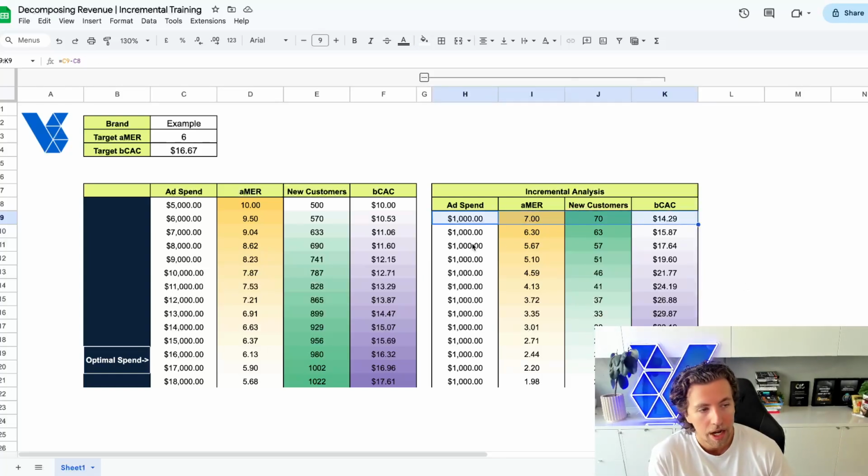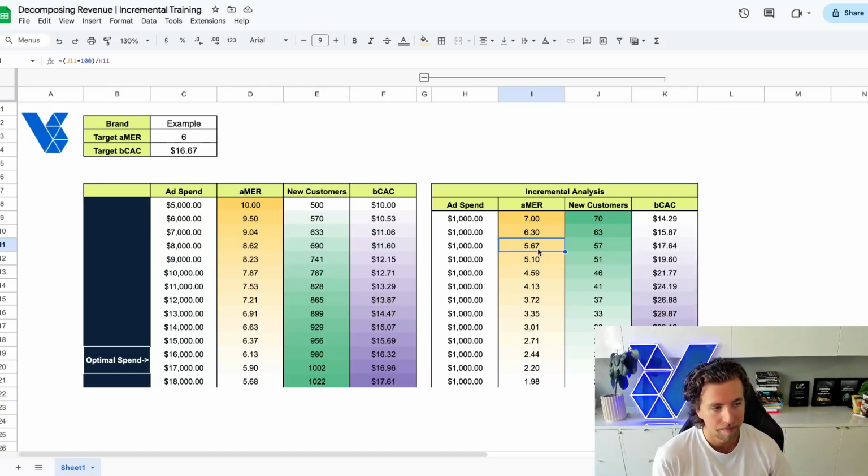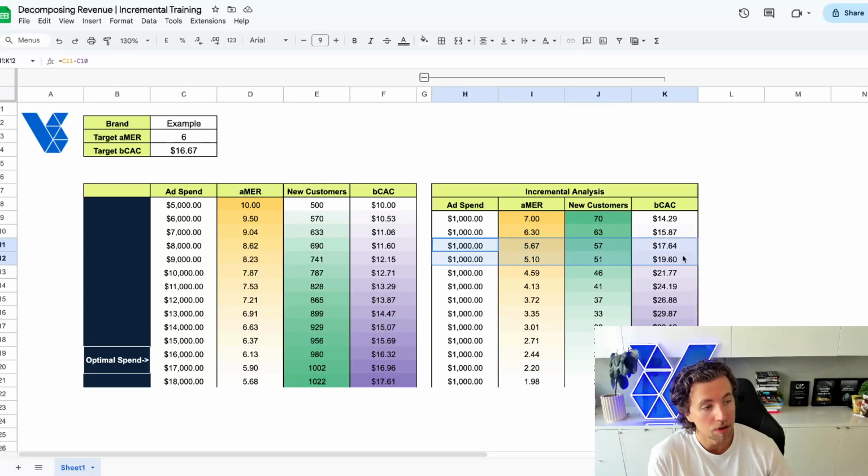Perfect. We go down and we add another $1,000. We get to 7K. Perfect. This is also profitable. We're adding 63 more customers to what we're acquiring and we're doing it profitably. But then suddenly we jump to 8K spend and you can see we suddenly drop under that acquisition MER target. And we're now acquiring customers at above our blended CAC target and below our acquisition MER target. This is not something we want to do if we want to be maintaining this level of profit on every single customer that's acquired. So suddenly, this is no longer profitable,